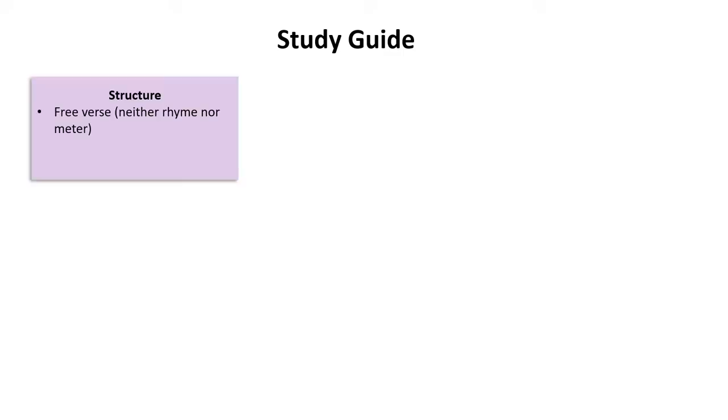Now, let's create a study guide for those winter Sundays. In terms of structure, this poem is an example of free verse, since it has neither rhyme nor meter. The poem consists of full sentences, which makes it sound as though the narrator is reciting a monologue. We have 3 stanzas, a quintain, quatrain, and another quintain. This means that the poem has 5 lines, 4 lines, and 5 lines again.